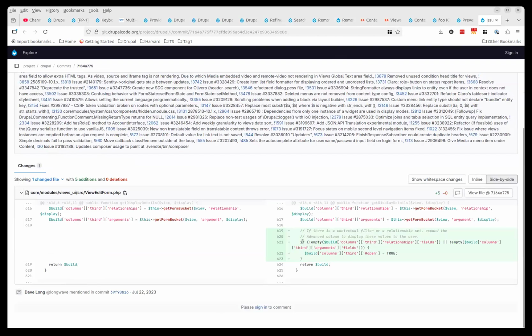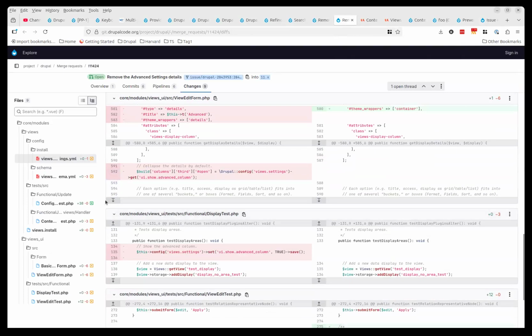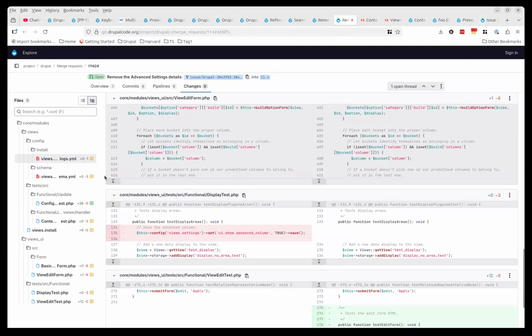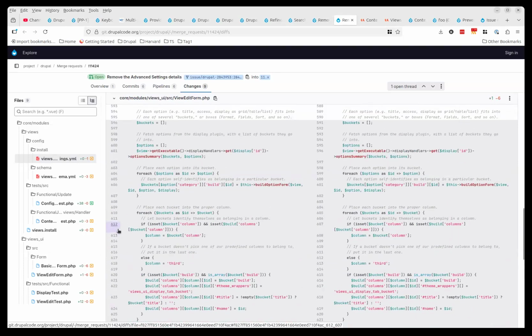So this was further down, 619 to 623. Ah, the line numbers have changed, so maybe. Anyway,